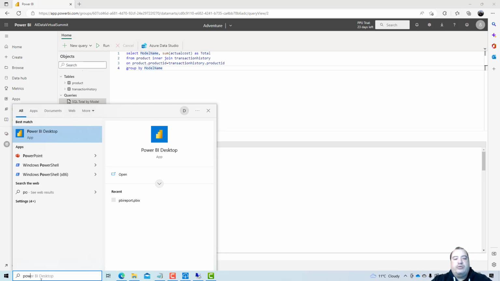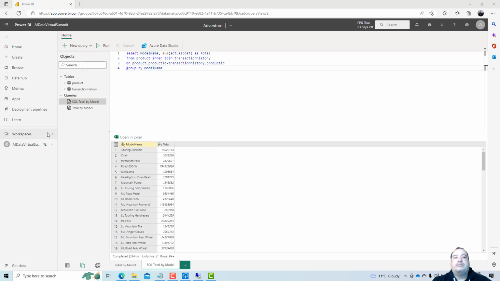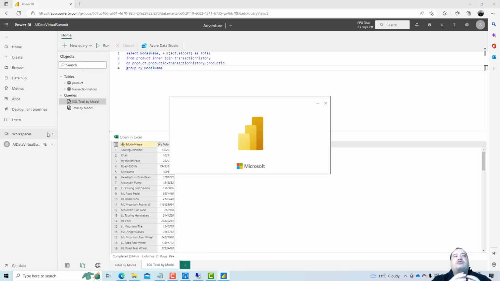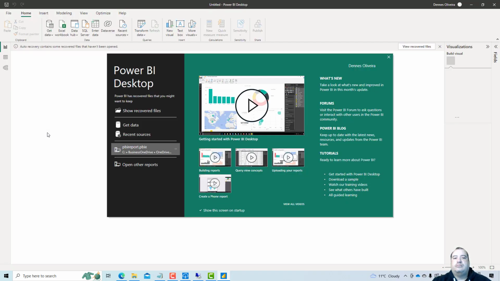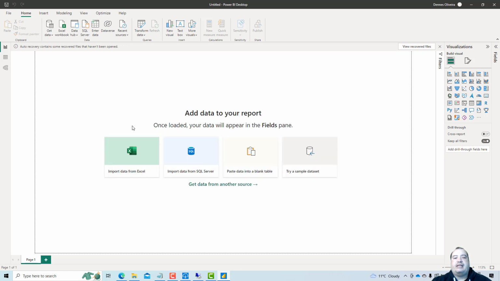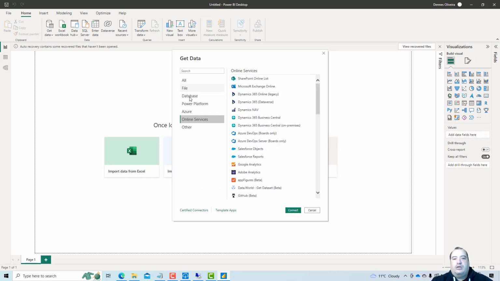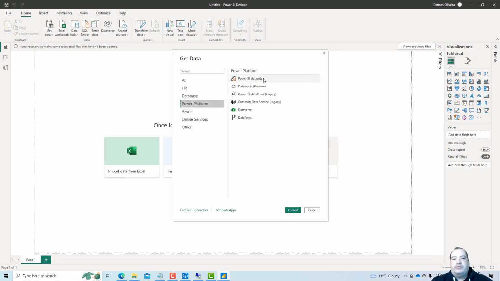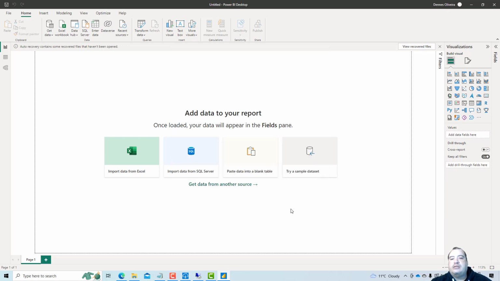And we can open Power BI Desktop. This data mart can be used as the source for multiple user reports. Get data. Power Platform, we have here the option to get data from data mart.